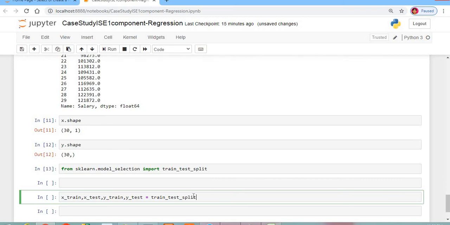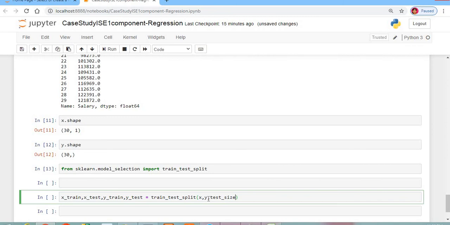So how to apply this train test split operation? Let's say X comma Y. X is nothing but the number of years, and Y is nothing but the salary which is drawn by the person. So X and Y is the original data set. X comma Y comma test. What is the testing size then, students? As we have discussed, if the training size is 70%, the testing size will be 30%. If the training size is 80%, see, the more the training, the more accurate the results.